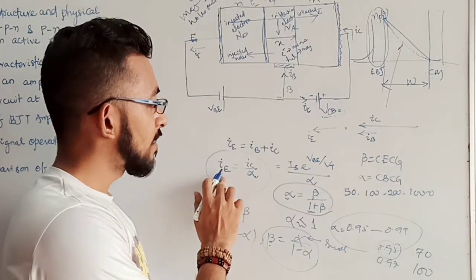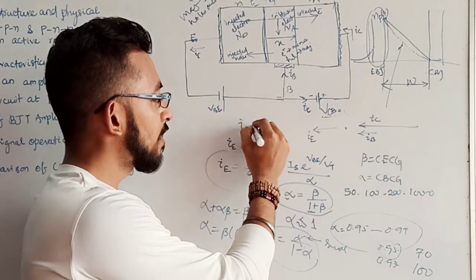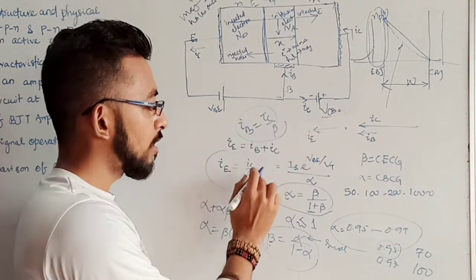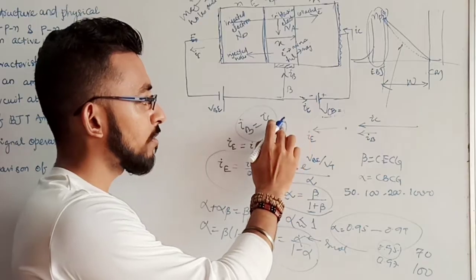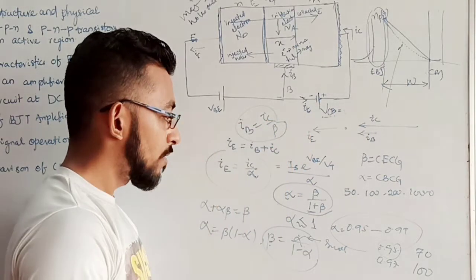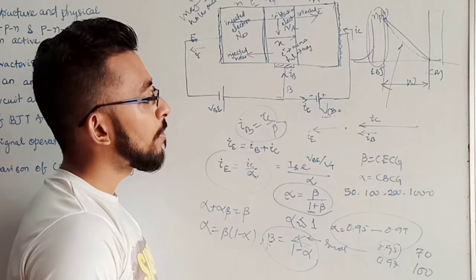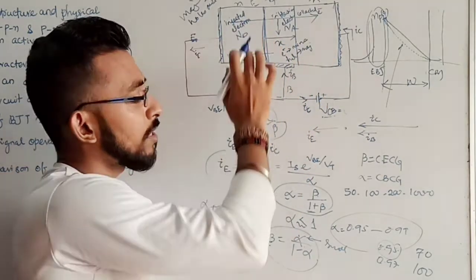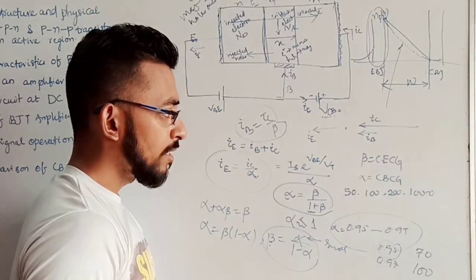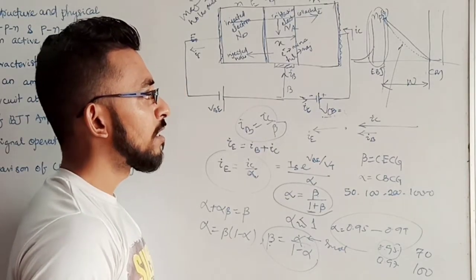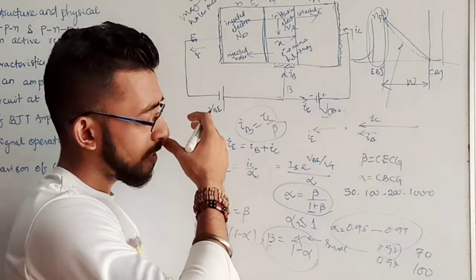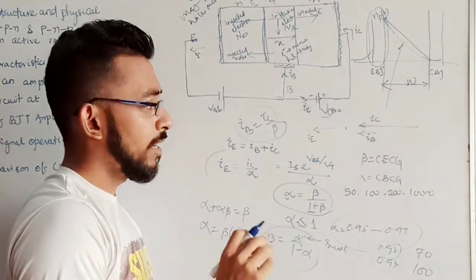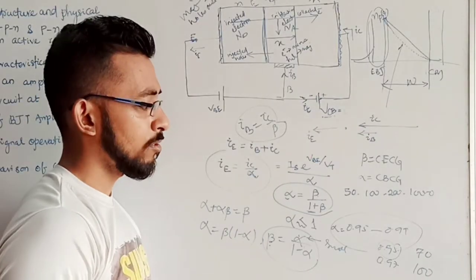So this is the IC. What we found here is that IB is nothing but IC upon beta. So remember these two. Using these two, there will be numericals that you are going to solve in this chapter. So this is all about the three types of current: collector current, base current, and emitter current. In the next video, we will see the circuit model for this BJT, how to represent a BJT as a circuit model, and we will do some numericals also.